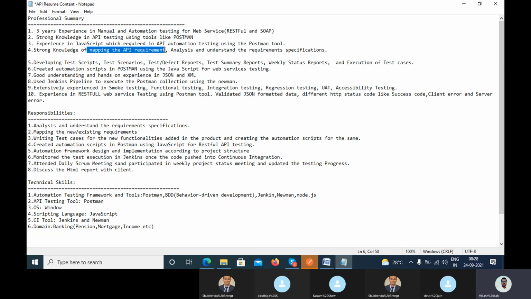Now the fifth point: developing test scripts and test scenarios, test defects, test summary reports, weekly status reports and execution of test cases. After mapping, you can write the automation test script from whatever manual test cases you have.